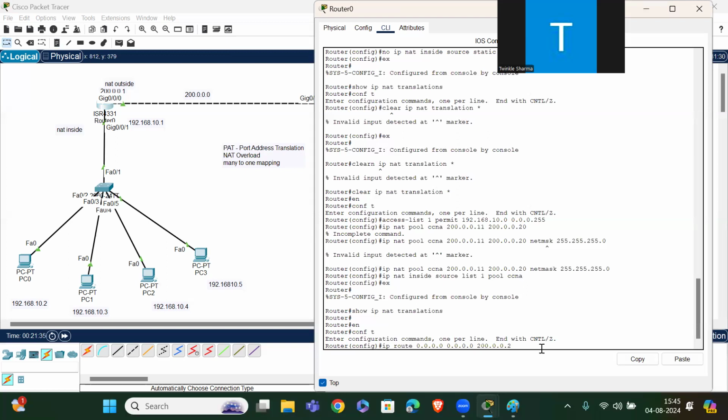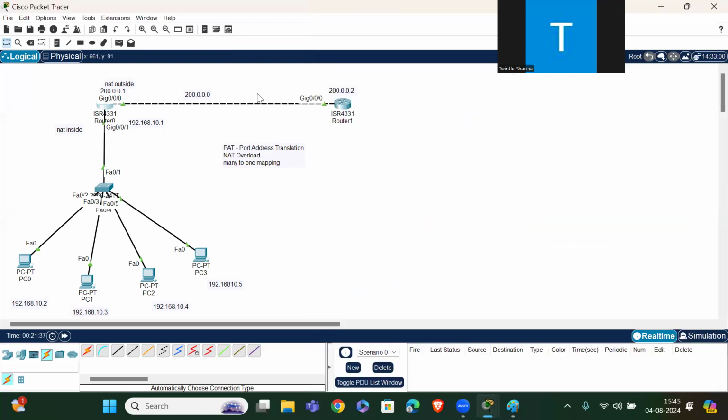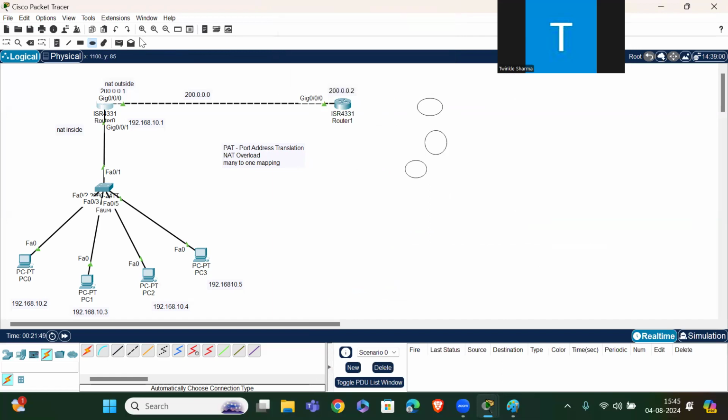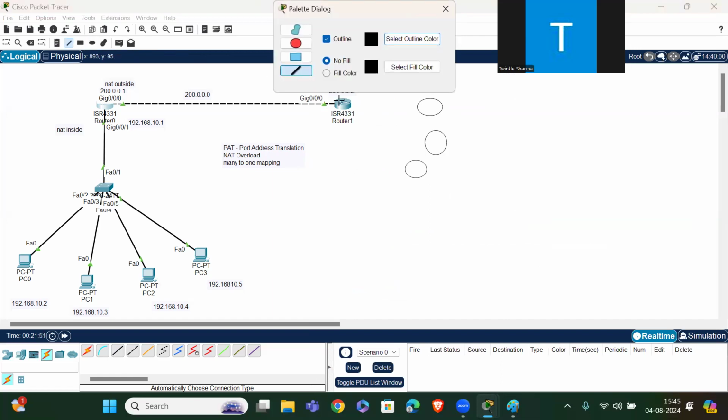And before that, I have to create the loopback interfaces on router 1. I am creating 3 loopback interfaces on router 1.